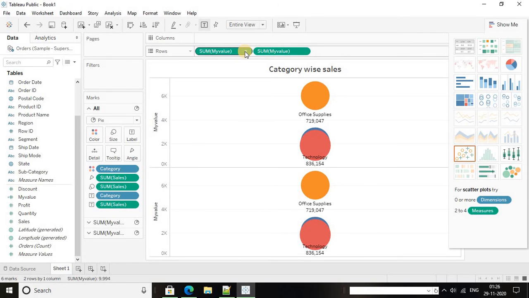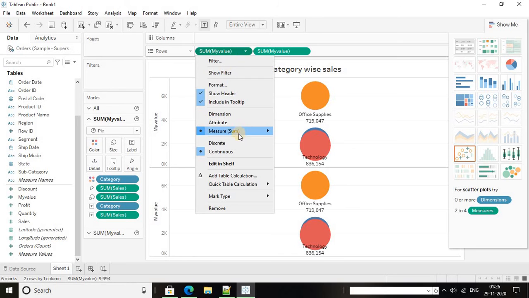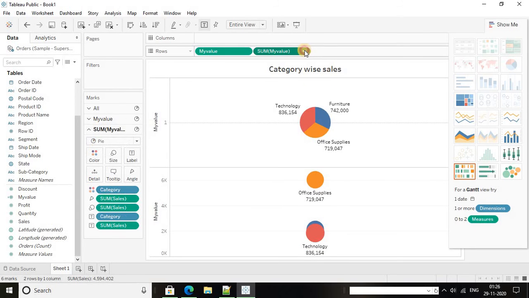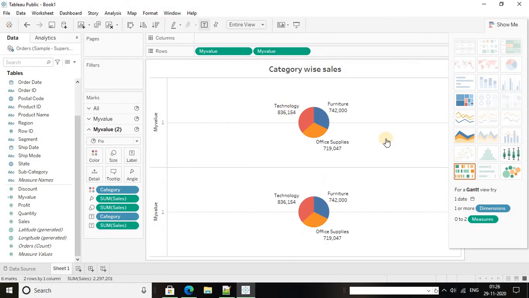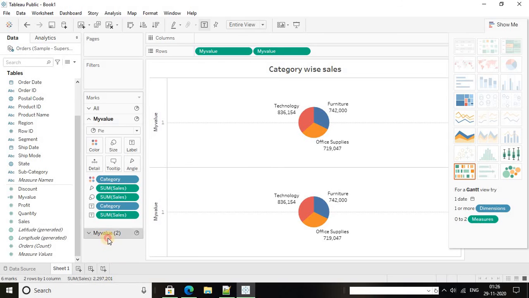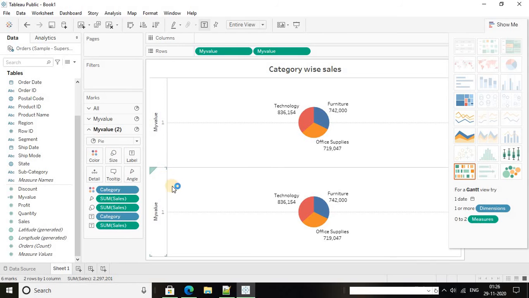Now we have to convert this into a dimension. It will be back to the pie chart form. In the two charts, one will act as our inner chart and another will act as our outer chart. We can choose any one as the inner chart. I'm going to choose this my value 2 as my inner chart.